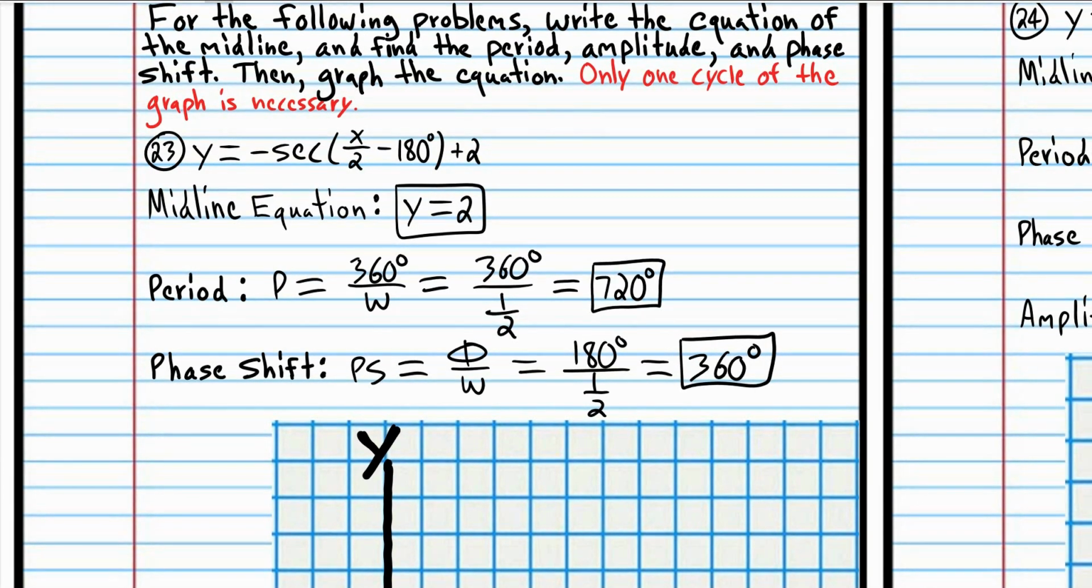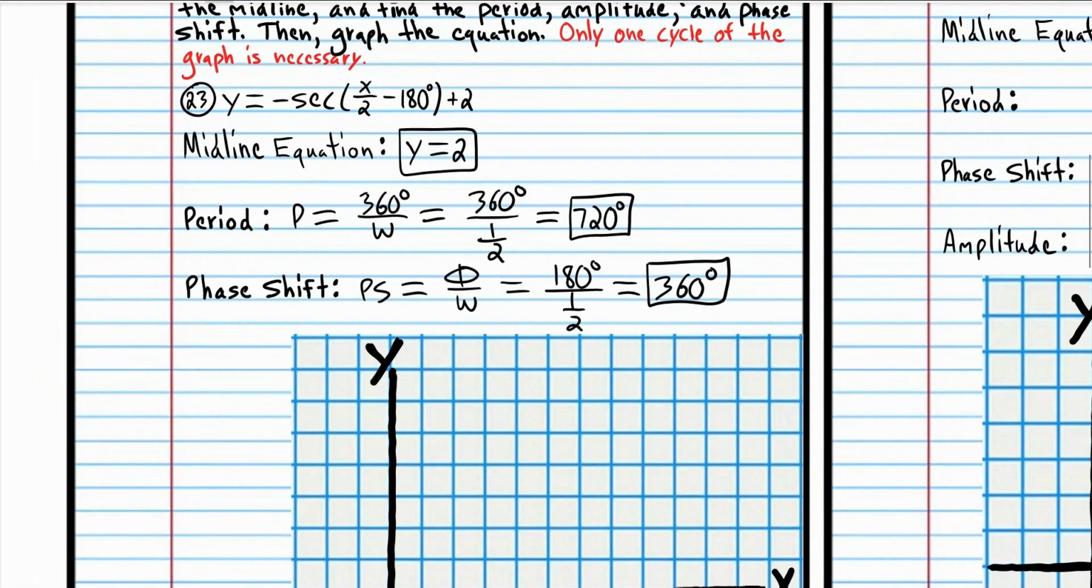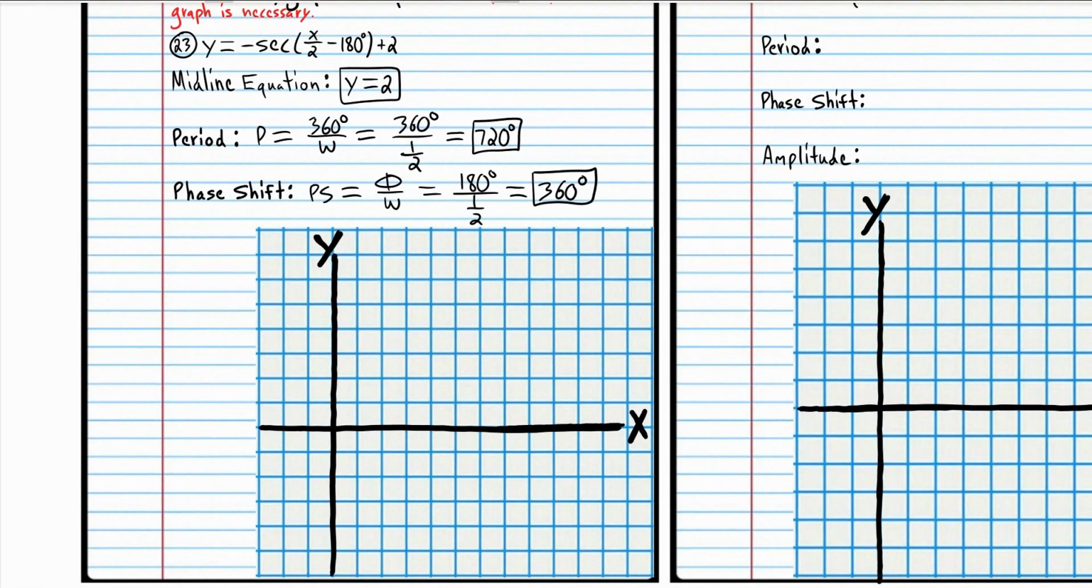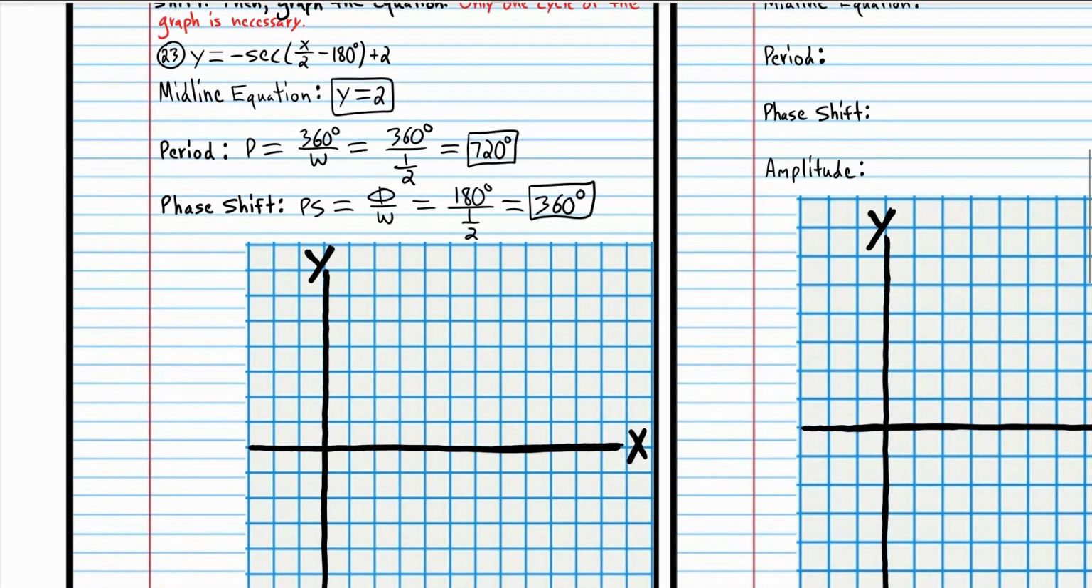So now we're ready to graph, given that information. So the phase shift is 360, so we're going to start where our curve usually starts. Our curve usually looks like this, something like that. And we're going to move 1, 2, 3, 4 units to the right. And with the secant curve,